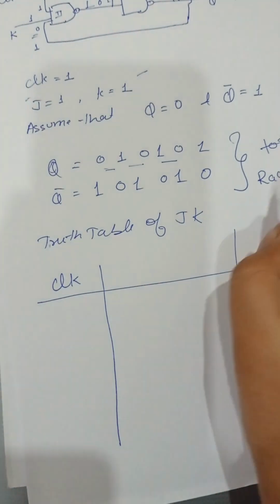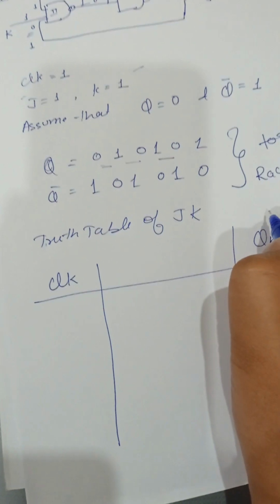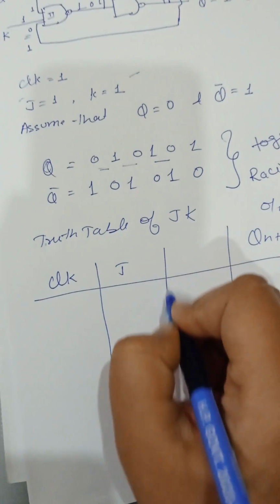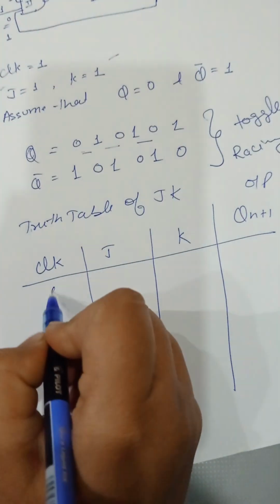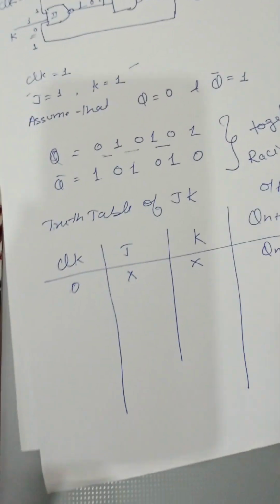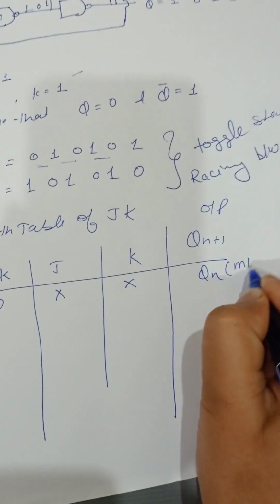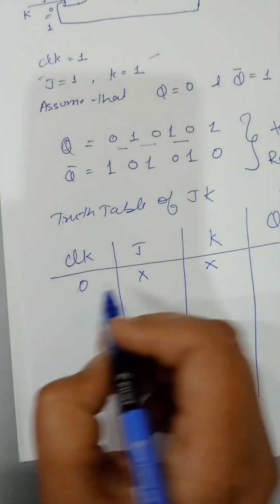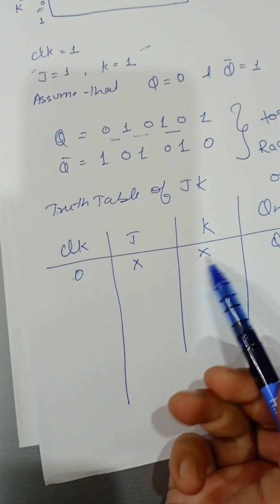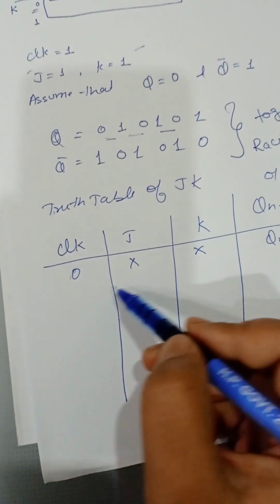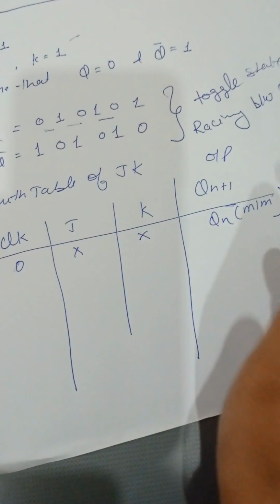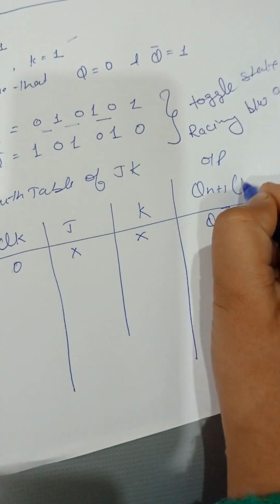So here you can see that you have Qn plus 1, that is the output. You have three input variables, that is your clock, J and K. Whenever your clock is 0, whatever the value of J and K, the output remains as your memory, or you can say the previous state. Now for this 0, J and K have the four possible combinations, that is 0 0, 0 1, 1 0, 1 1. So in all those cases, the output Qn plus 1, that is nothing but your next state,